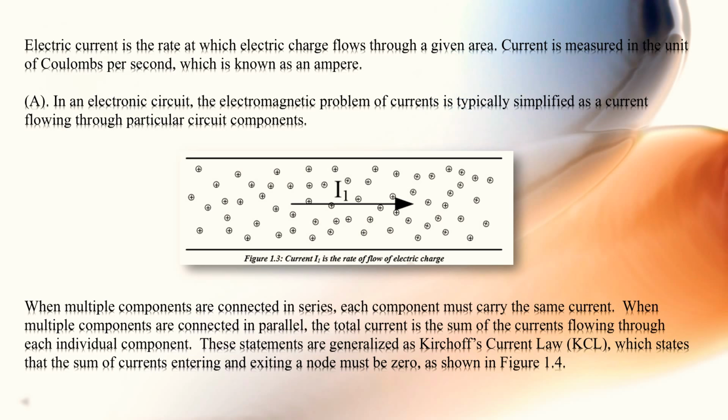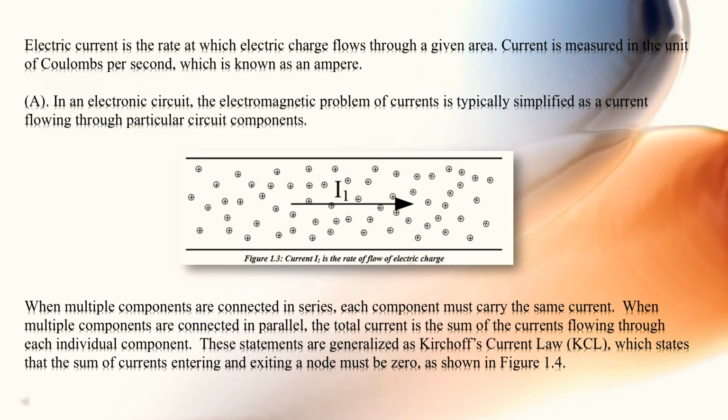When multiple components are connected in series, each component must carry the same current. When multiple components are connected in parallel, the total current is the sum of the currents flowing through each individual component. These statements are generalized as Kirchhoff's current law, KCL, which states that the sum of currents entering and exiting